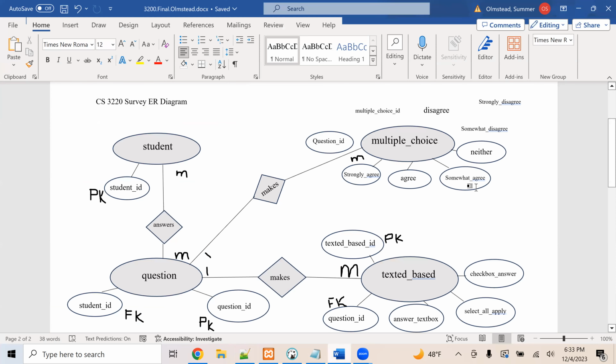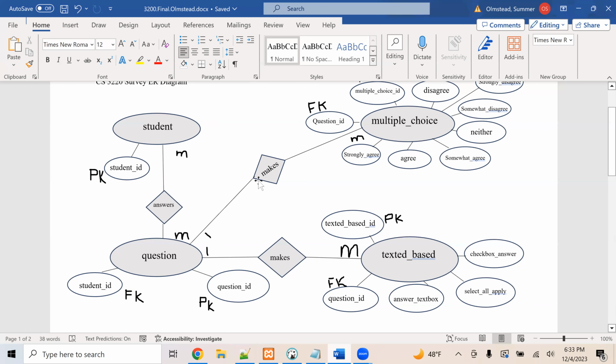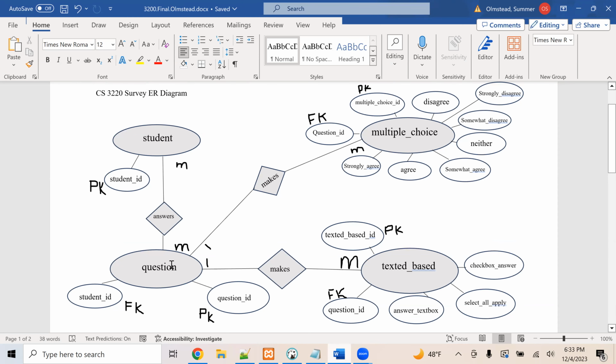I was trying to get to this, but yeah, so here's my survey I wrote. I just made a student class, question class, multiple choice class, and text-based class. I kind of forgot about how the survey actually looked, honestly, because it doesn't let me look back, and I did the survey itself 2 weeks ago along with all my other classes. So I'm a little rough on what it actually looked like, but